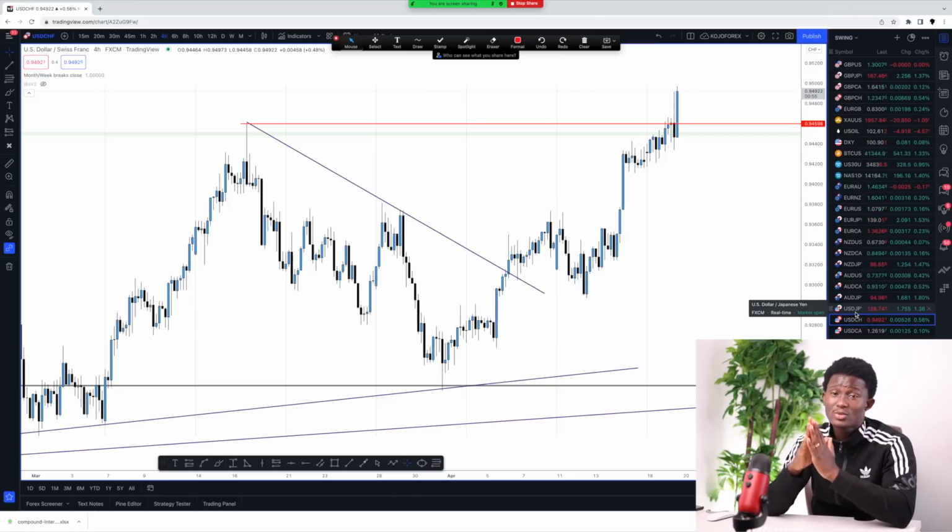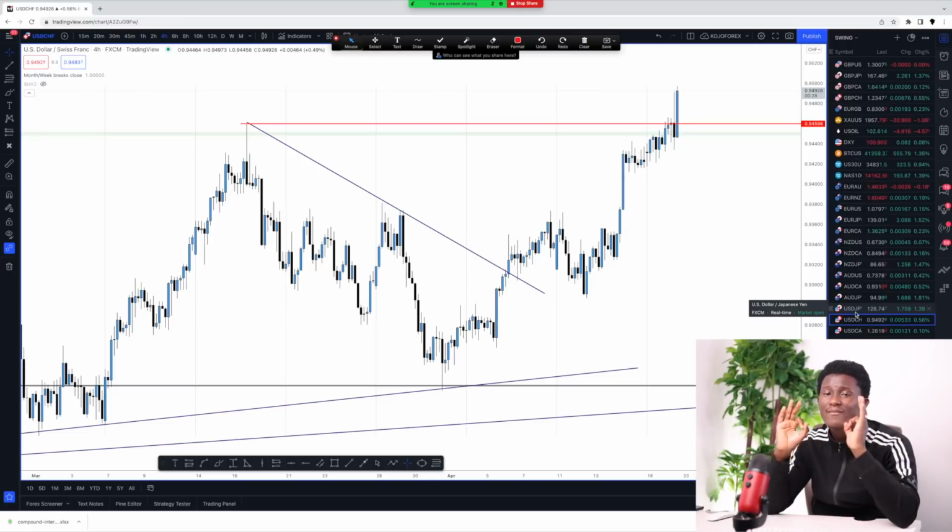So within those few minutes where you're waiting for the closure, you want to ask yourself, what is my account balance? Maybe my account balance is $10,000. What is the percentage that I want to expose to the market? Maybe I want to expose 2%, 3%. Now you want to ask yourself deeply, what is 2% of my account in terms of lot size, right?